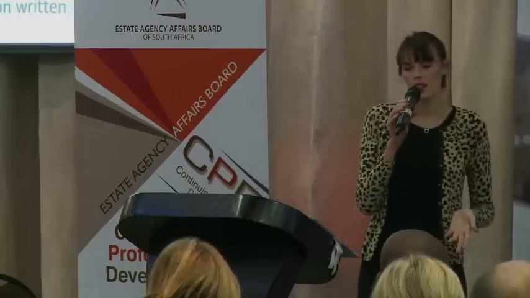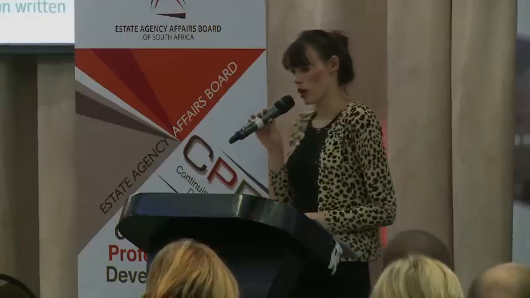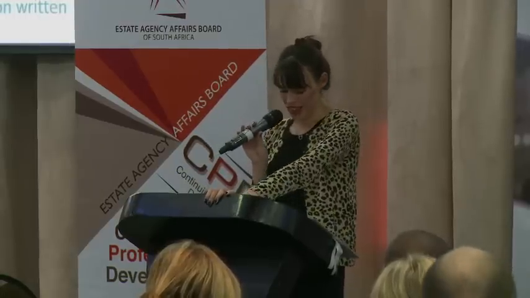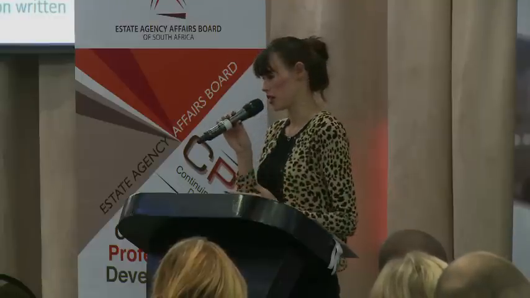So how does ownership pass from one person to another in respect of land? So the common law has 3 requirements, and these requirements come from Roman times. So first there has to be a contract of sale. A contract, it doesn't have to be a sale, it can be a donation, it can be an exchange agreement, whatever the case may be. But you usually deal with contracts of sale. Then the person giving transfer and the person receiving transfer have to have the necessary legal capacity. There are some aspects that may influence the legal capacity, and we'll deal with that later.